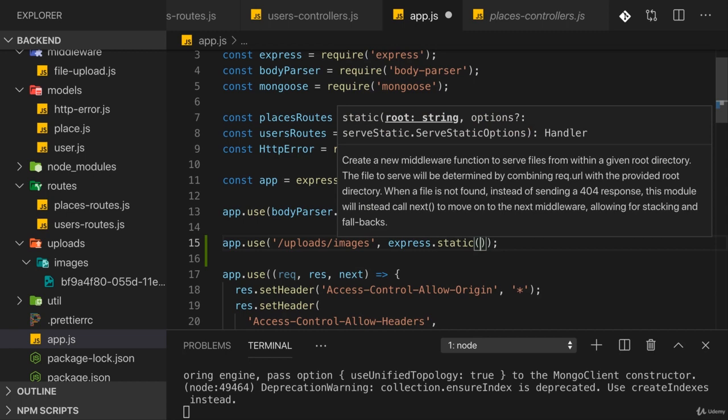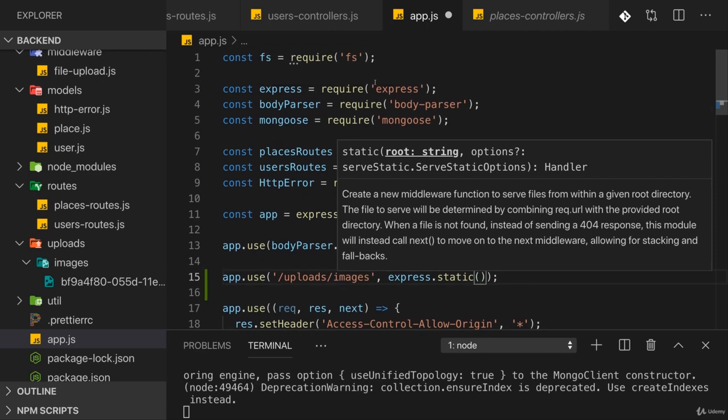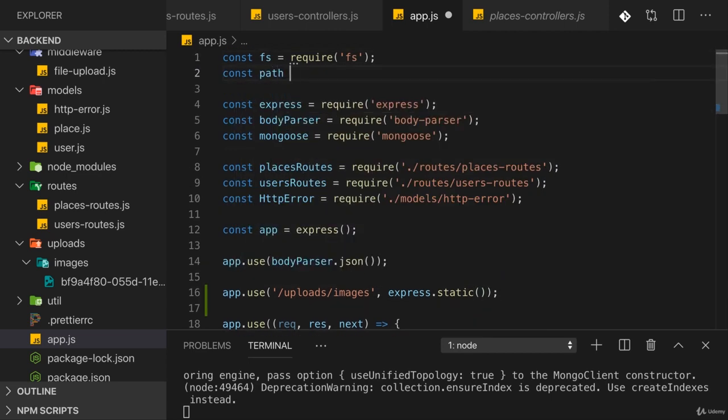You can execute static as a method, and this will return a middleware actually. And this is a middleware which just returns the requested file. Static serving means that you just return a file. You don't execute it, you just return it. Now here we have to control which files in which folder we want to return. Express static then wants a path pointing at the folder from which you want to serve files without any extra check. Now such a path has to be an absolute path, and we can build this with the path module,